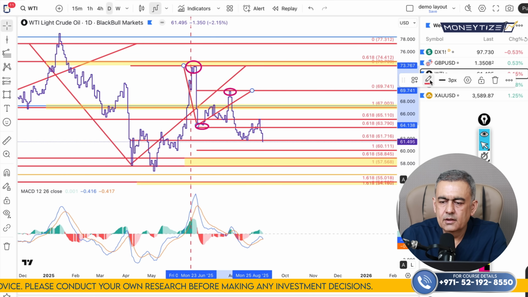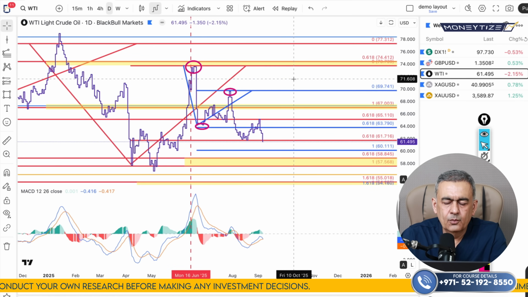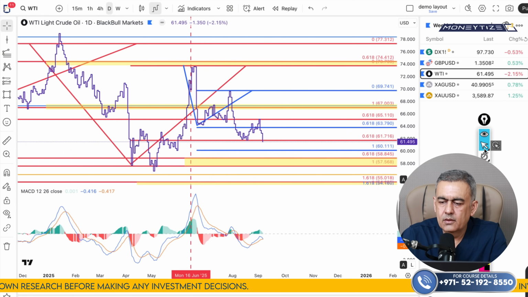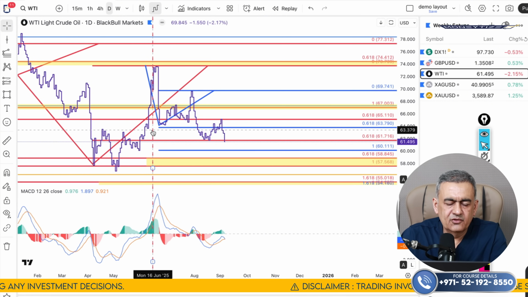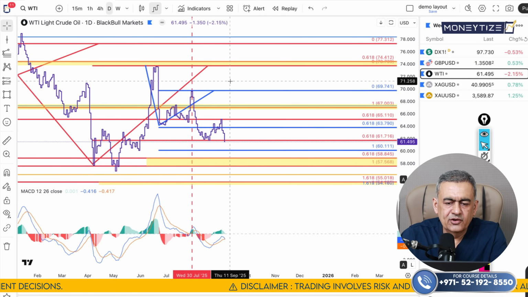Done. And let's change the color here. Let's change it to blue. So blue fib lines are representing daily time frame, and the higher time frames are on the red fib extension lines. I'll move the vertical line to point C here,